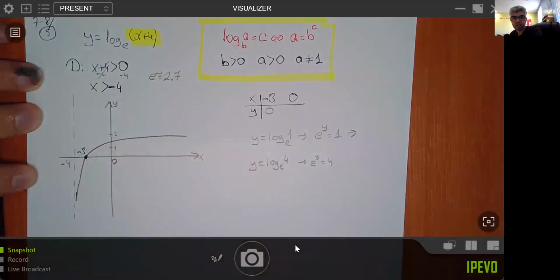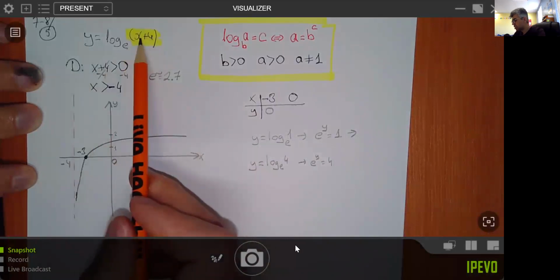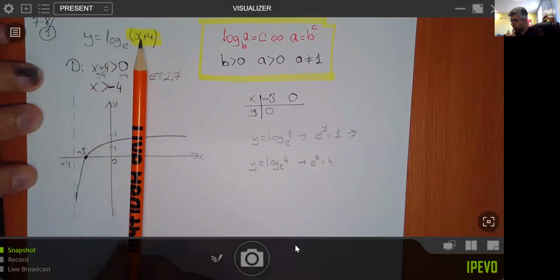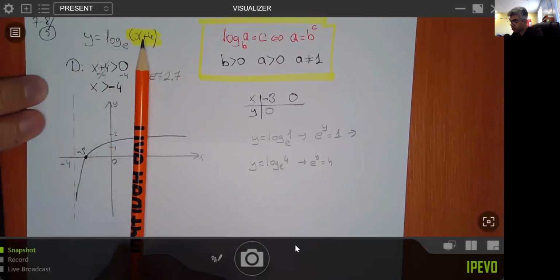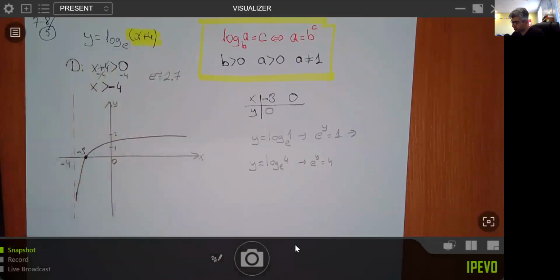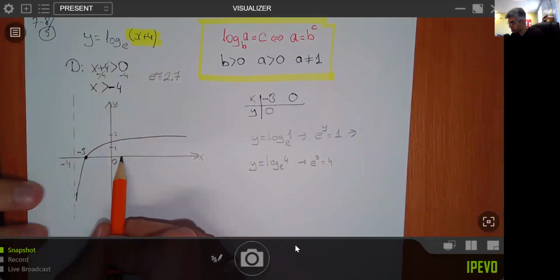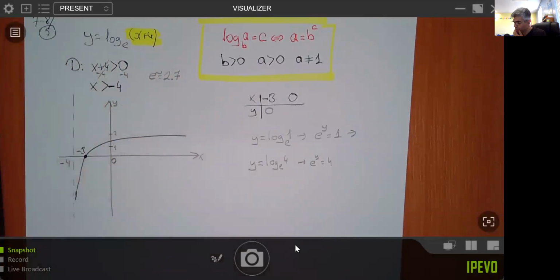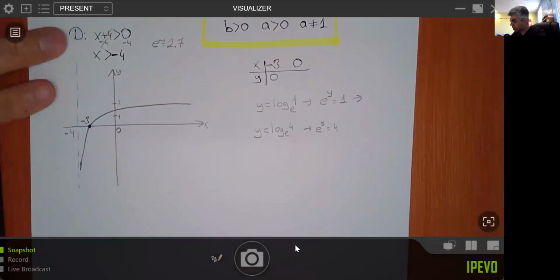Okay, this is the graph. All logarithmic functions have this shape, but change up the function and it may be shifted to the right or to the left, because the domain changes. This is x plus 4. Because of the plus 4, it's shifted 4 units to the left. This point was 1, shifted 4 units, now it is at -3, if you compare with the parent function. Anyway, so we have the domain,